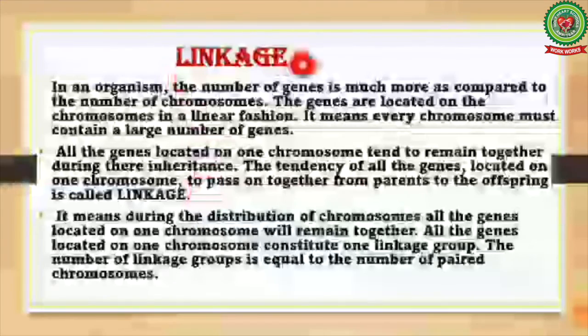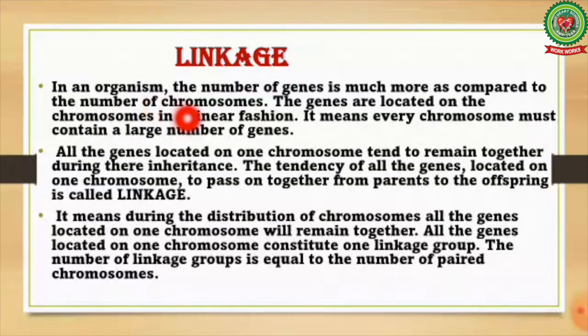Next is linkage. In an organism, the number of genes is much more as compared to the number of chromosomes. The genes are located on the chromosome in a linear fashion. It means every chromosome must contain a large number of genes. All the genes located on one chromosome tend to remain together during their inheritance. The tendency of all the genes located on one chromosome to pass on together from parents to the offspring is